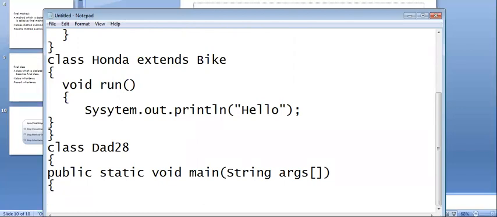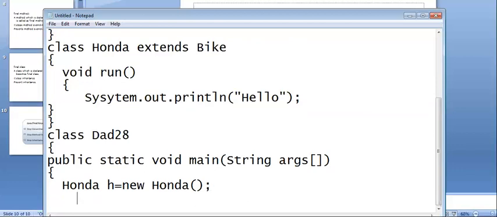Then you can go for the subclass Honda. Create an object for the subclass: Honda h1 = new Honda(); then h1 dot run.